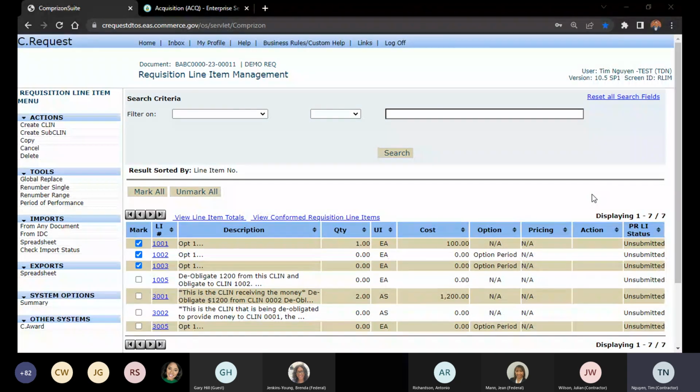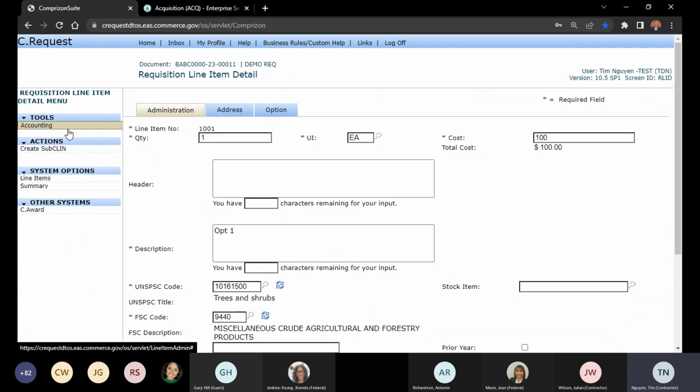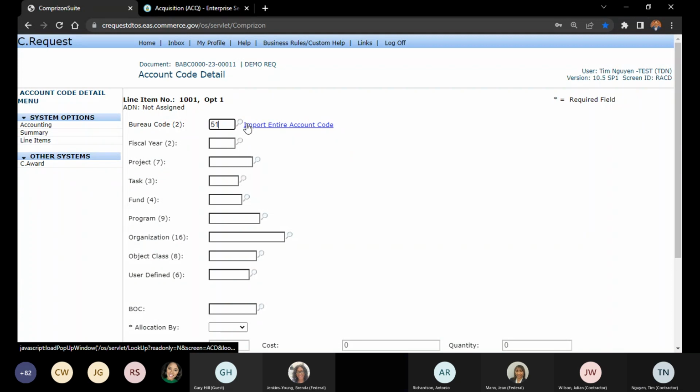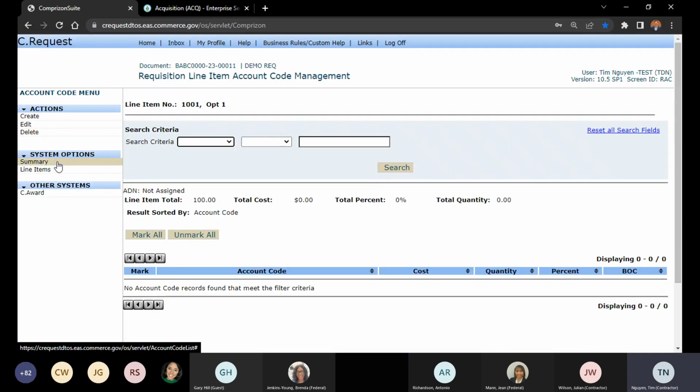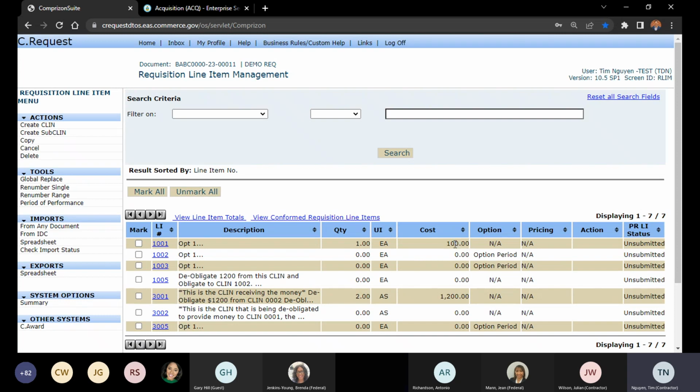To answer your question, there are some programs or small bureaus or customers that have multi-year funding, you know, 2-year, no-year money. We cannot input prior year codes in the system and have an actual cost and quantity associated with that. For example, if I put an FY21 accounting code in here and then actually had a quantity and cost associated, the core financial system would reject that, even though we understand that you have multi-year or no-year money. The way that you need to go about doing that,